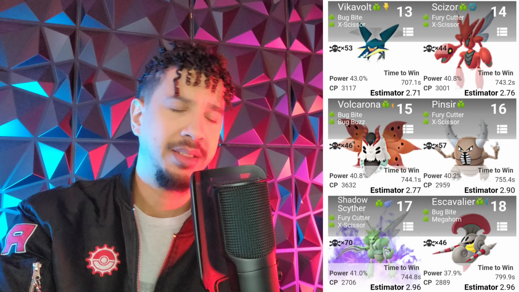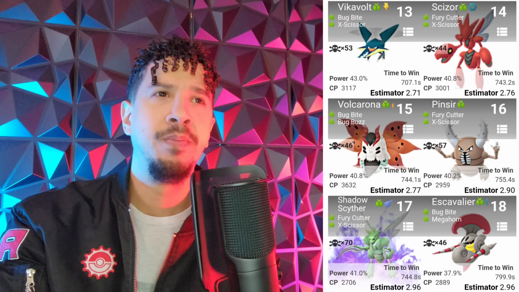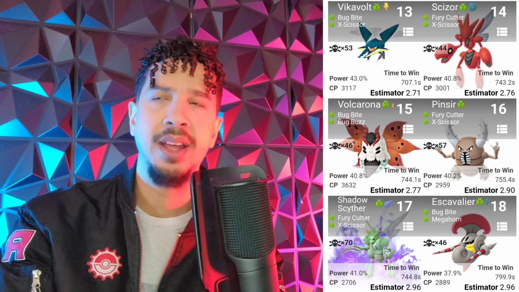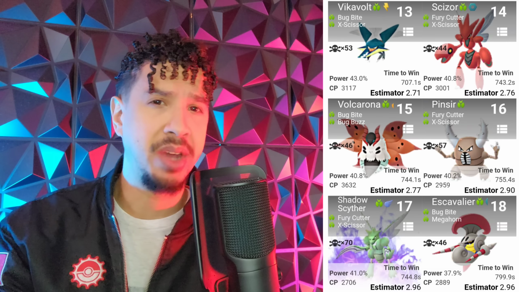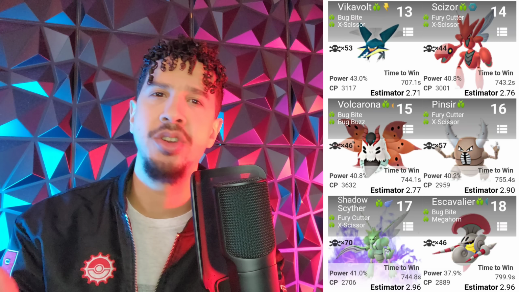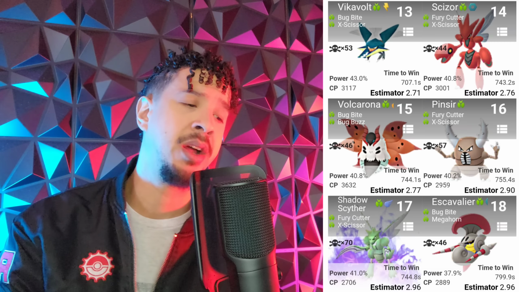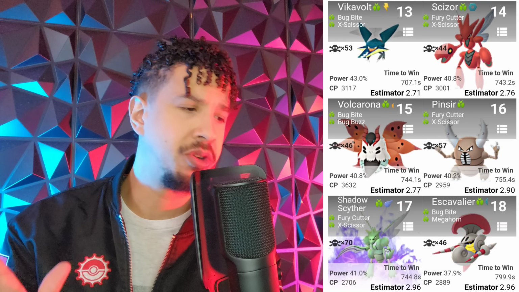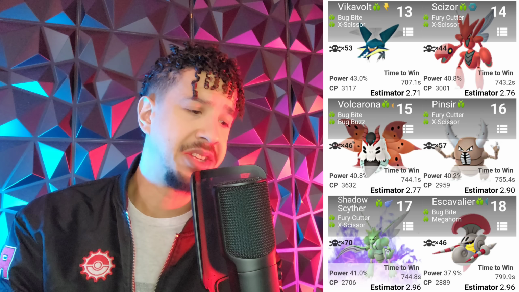Volcarona. I don't know. If you have a good IV, I've already went over this. Pokemon that we know are going to receive a Community Day, if you have a 98 or 100 and they're actually performing pretty okay right now, go ahead and make that investment. But just know when the Community Day rolls around, you're going to be using an Elite Charged TM or an Elite Quick TM, depending on the move, to get that. So choice is yours. Regular Pinsir, Shadow Scizor, Escavalier, regular,